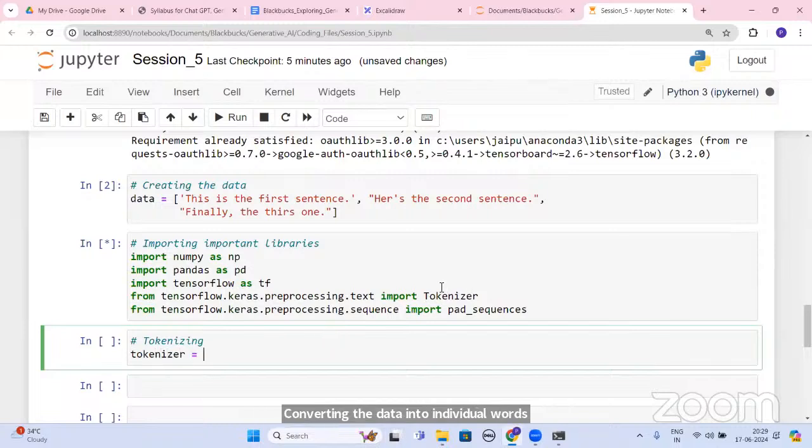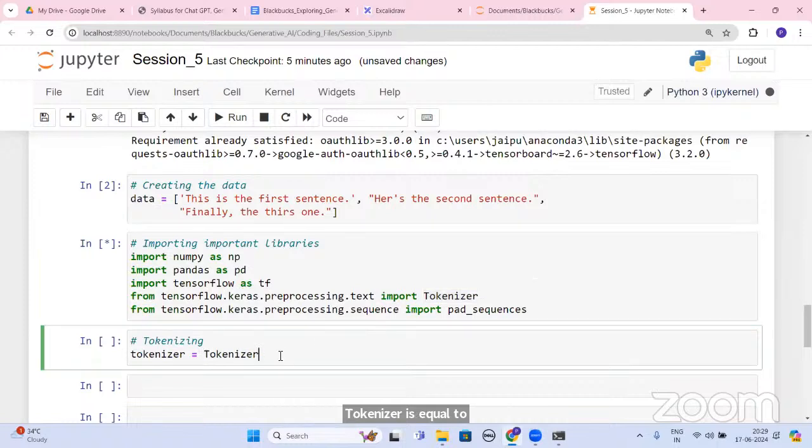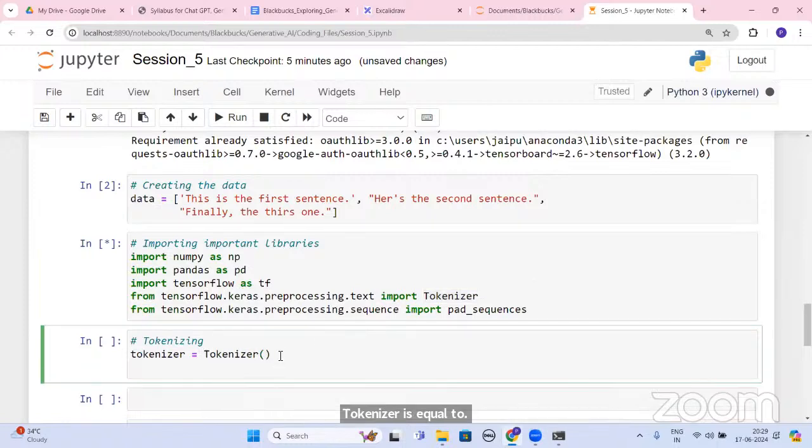Tokenizer is equal to this part, then tokenizer.fit_on_texts(data).